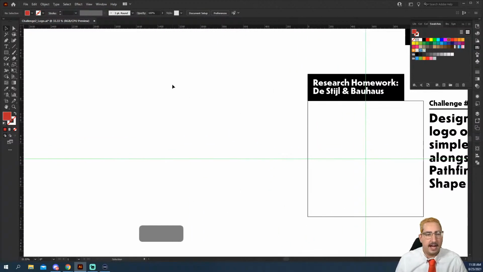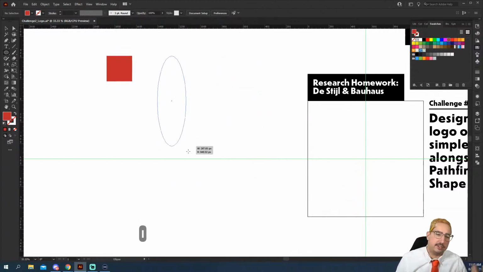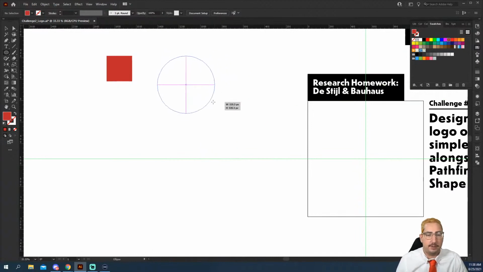And while we do that, I'm going to kind of show you a couple things that I've learned about creating simple shapes. So the first is, we just covered it. If you want to create a square, it's really easy. You just click and drag, hold Shift, and you can make a square. If you want to, you also can make a circle. In circles, you can do a couple different ways. You can click and drag to make an oval, and any way that you kind of squish and stretch it, it will make that. If you hold Shift, it will make a perfect circle. And if you hold Shift and Alt or Option, it will make a circle from the center of where you started. So we're going to make our center there.